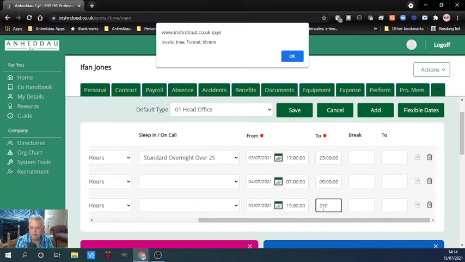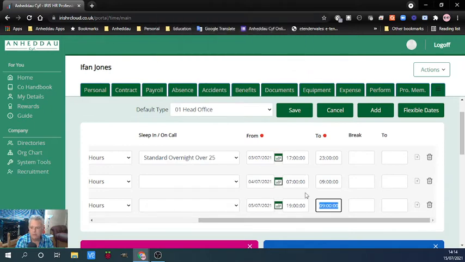And if you make a mistake there, like I've done, I put 210 there instead of 21. It says invalid time format, so it lets you know when you've done a mistake. So I'll put 21 in again,